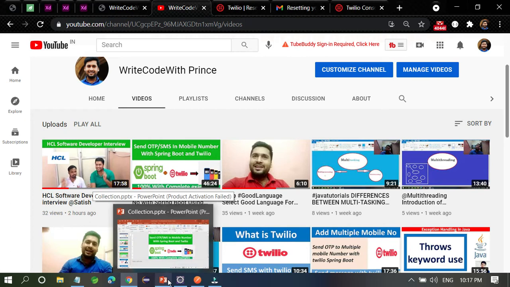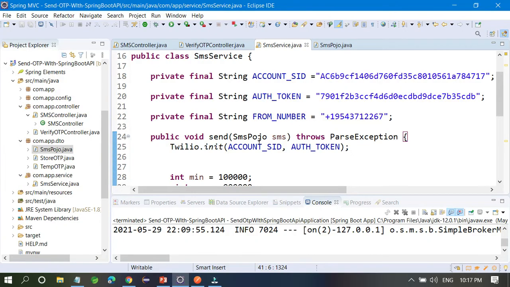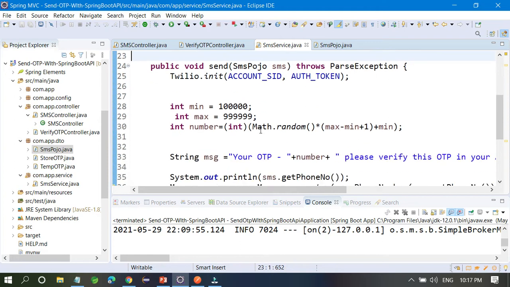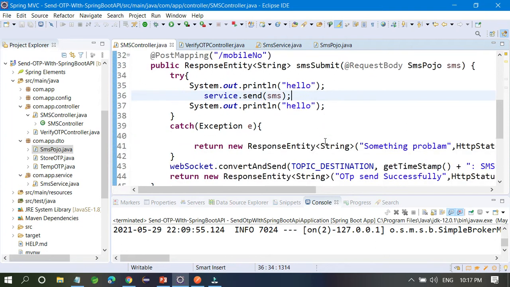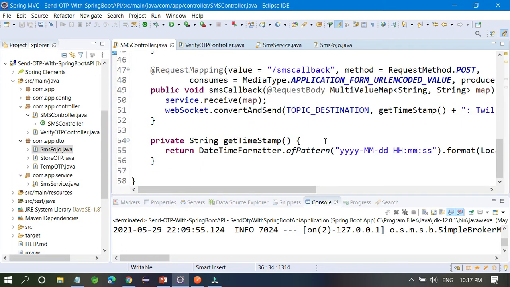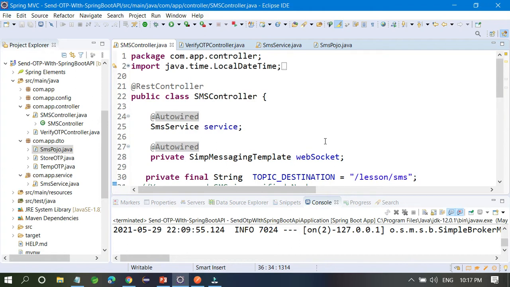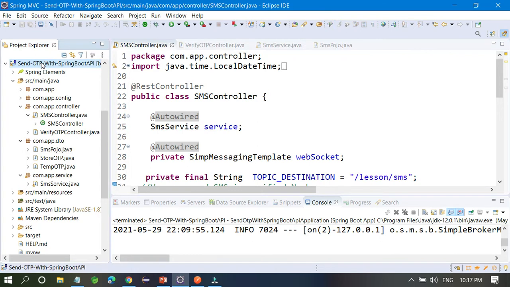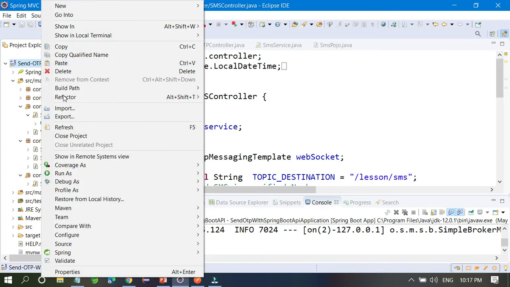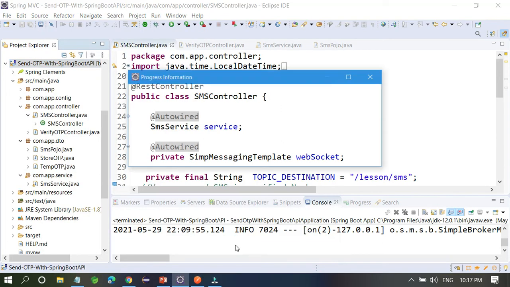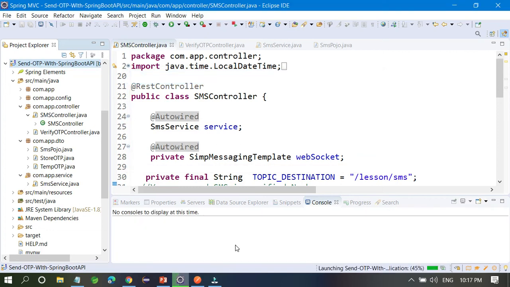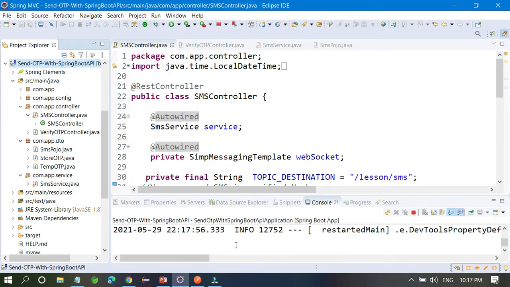I have already developed it so that once you enter the phone number, it sends you an OTP, and once you enter the OTP, it verifies whether the OTP is correct or not. For a single user it's working fine right now, but I don't want to test with a single user, because I'm not making this website for a single user. So many users are going to log in with this, so definitely I have to handle this, which is the biggest problem in every website. I'm going to solve this problem in this video.